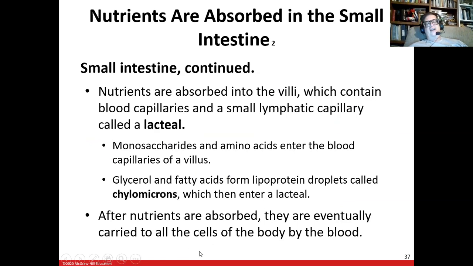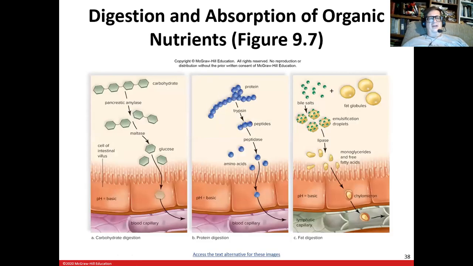All those little fatty drops are what make the lymph inside of the lacteals look whitish. After nutrients are absorbed, they're eventually carried to all the cells in the body by the blood. True, but you're probably going to go through the liver first to filter them before you go to the rest of the body. Anyway,